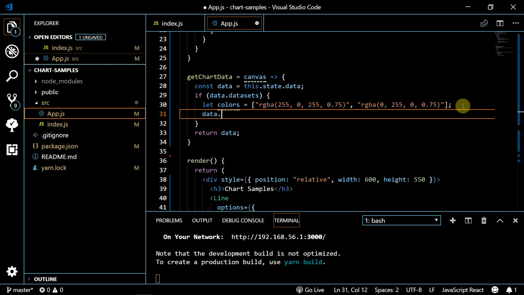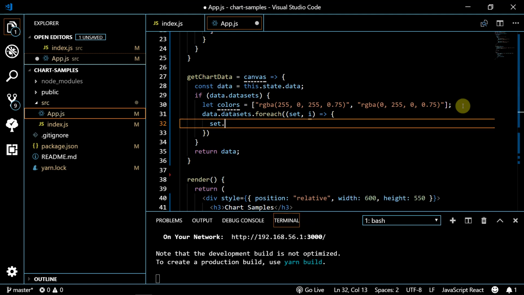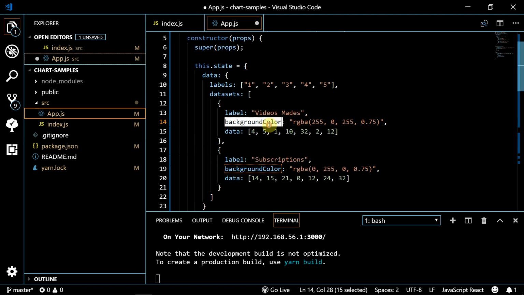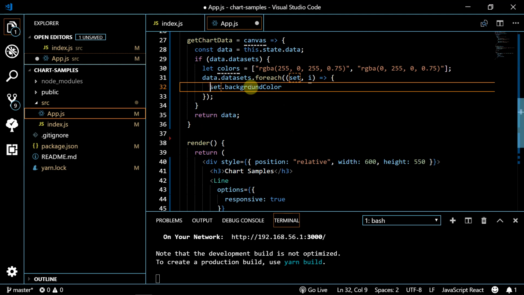Then we'll say data.datasets, so we'll loop through all of our data sets. We could use a map here too, doesn't matter. But basically in this function, we're just going to add some properties on our data set. So you notice up here that we set our background color. We didn't really need to do that. We could do that down here because we're just going to overwrite it anyway. But we're going to create our own custom function here called setGradientColor. We're going to pass in our canvas, and then we're going to pass in colors of i, so whatever